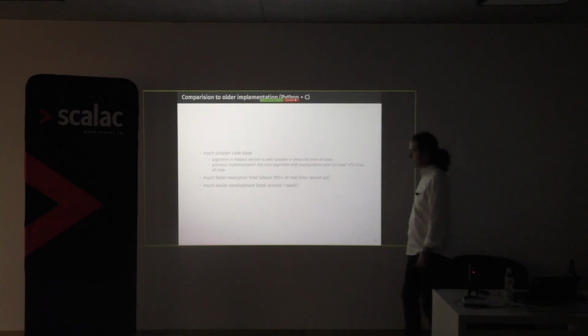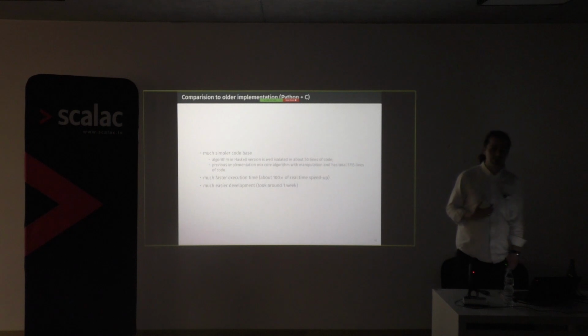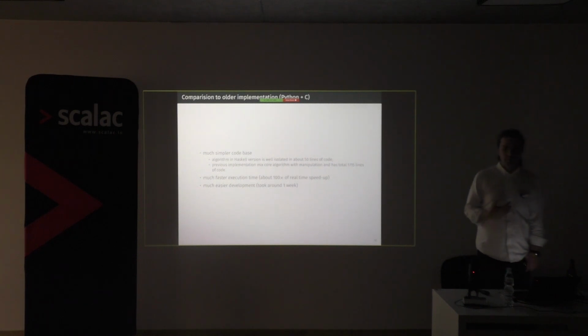The advantage of that was that it actually simplified the code. The previous implementation was written in C and Python. The shrink factor of the lines of code was about 10, even more. I mean, it's hard to estimate because in the C and Python implementation, the modifications that we make on the rules, the random sampling and the algorithm, everything was mixed up, like typically in imperative languages. Here it is separated, so it's hard to really compare. But the core algorithm has something like 15 lines of code currently.